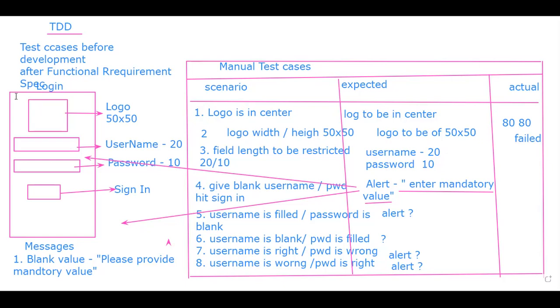So coming back to testing, this is what manual test cases are. We call them test cases, which are written by the testing team before the start of the development. That's why it's called TDD, test driven development. Whenever a functional requirement change comes up, the test cases have to be adjusted. Let us say tomorrow the customer says, I don't want 20, I want it to be 30. Wherever we have given 20 for the username, we have to adjust it. That is a tedious process, because with this one page itself, we can easily write around 20 to 25 test cases.